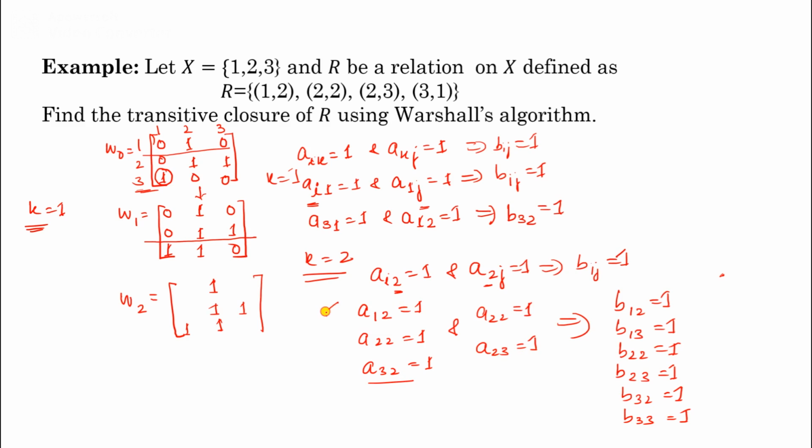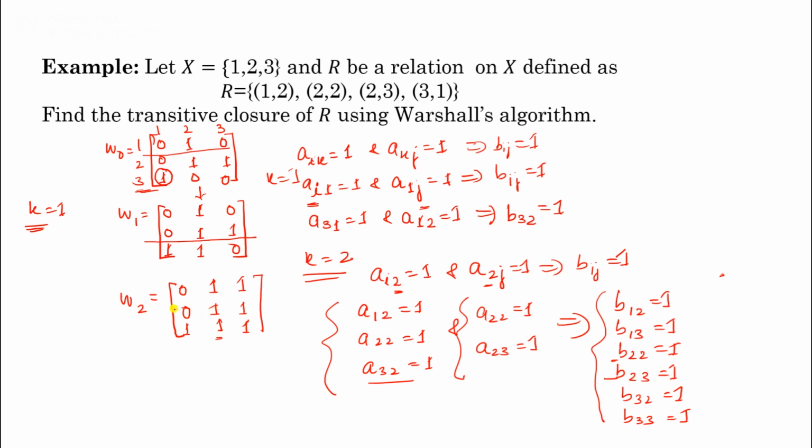So we have to combine each of these elements with each of these elements. So in this we will get these 6 elements. So B12, B13 and all these elements. Now check: B12 equal to 1, B13 equal to 1, B22 equal to 1, this is already 1. B23 equal to 1, this is already 1. B32 equal to 1, this is already 1. B33 equal to 1. So all these elements are written as 1. So remaining elements will be 0.